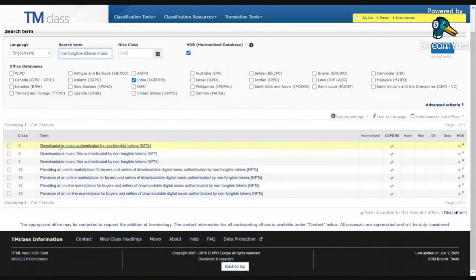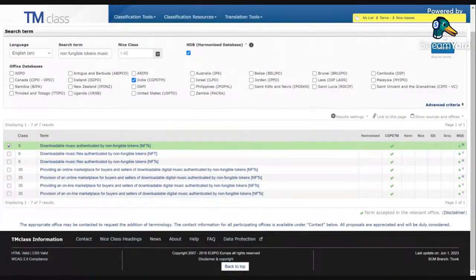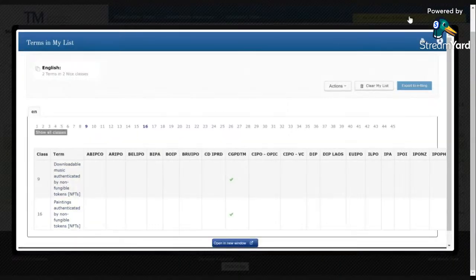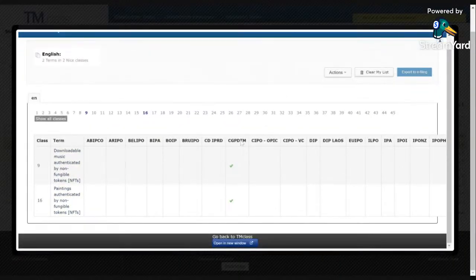But if you're, say, providing music that can be downloaded and authenticated by tokens, which is what I'm planning to do, I'll select 9. Okay. And then I'll add it to my list. So here's my list. Now I've realized, okay, I'm supplying paintings and music, which can be authenticated by tokens from my particular platform. So here's 9 and 16.